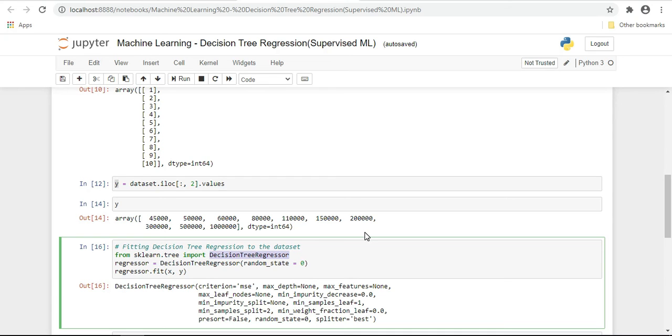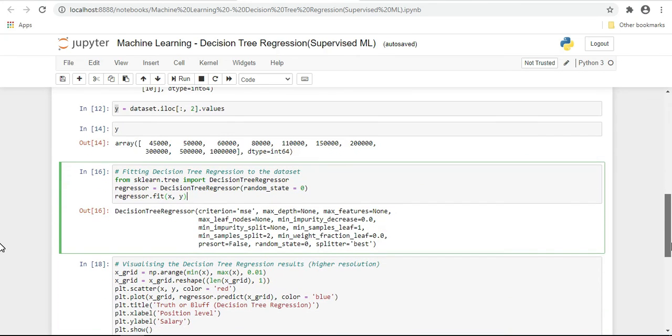Then we will create an object of this DecisionTreeRegressor, with random_state equal to 0 as a parameter, and store it in this object. Now we call this object with the fit function, regressor.fit(x, y), with the x and y which we extracted from the main data set. We fit both the x and y values into the regressor, which is the decision tree regressor.